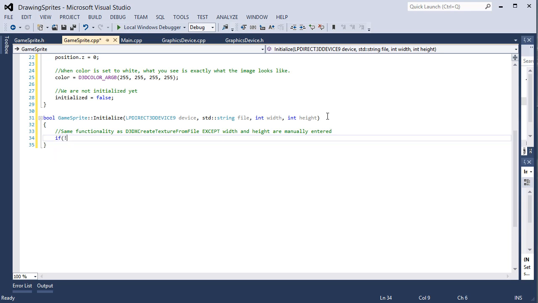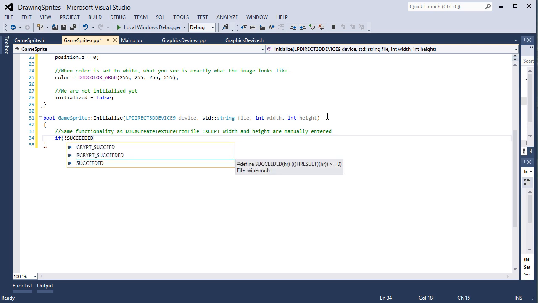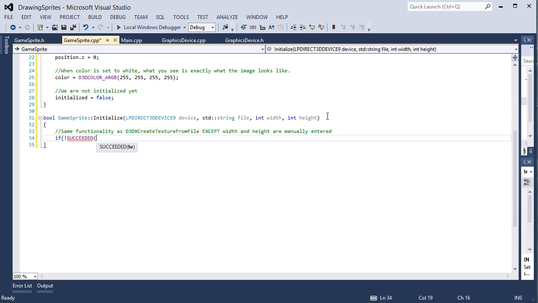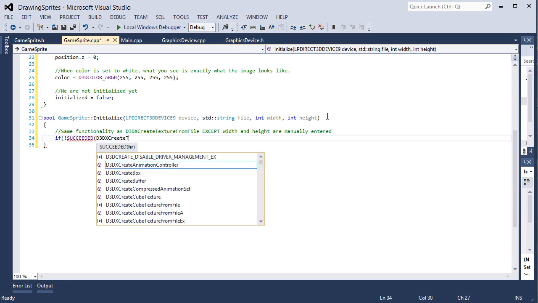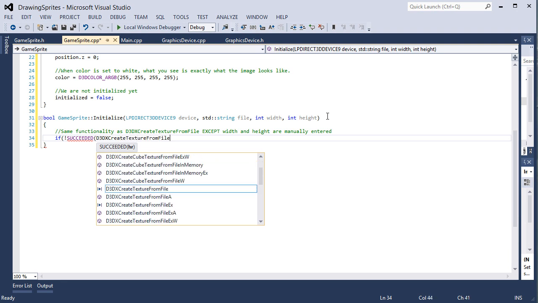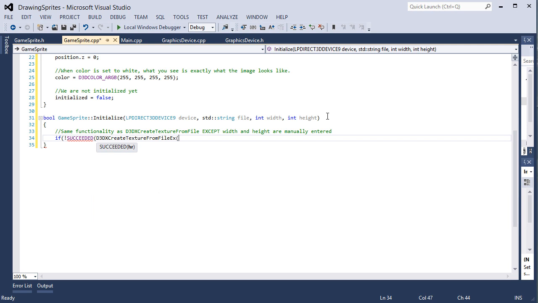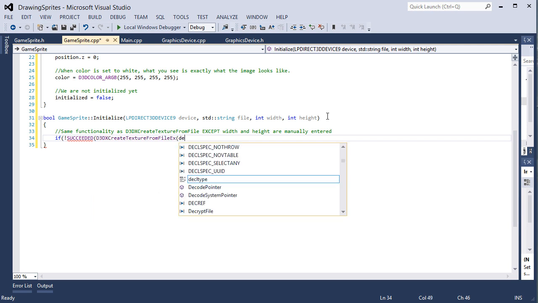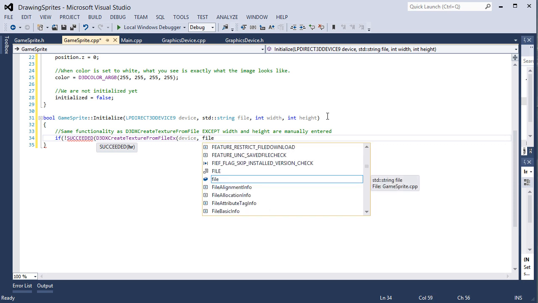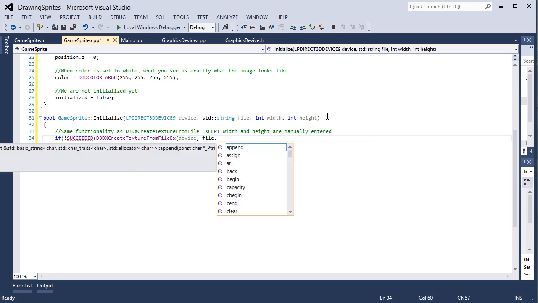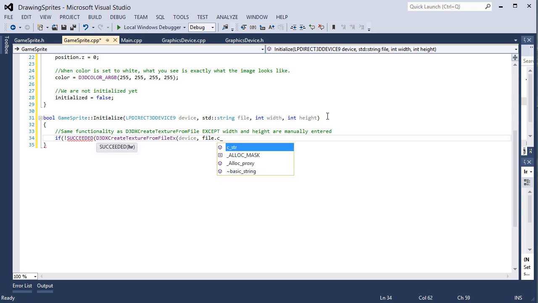If not, which is exclamation point, SUCCEEDED, which is all caps, opening parentheses, D3DXCreateTextureFromFileEx, opening parentheses. We need the device, we need the file, we need the C string. So to get the C string from a string, you call file.c_str, opening closing parentheses,